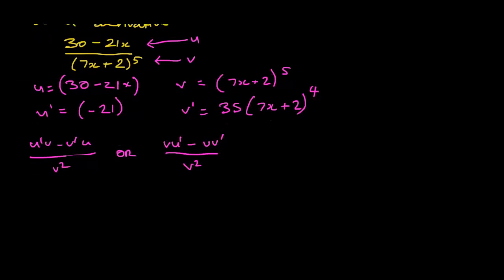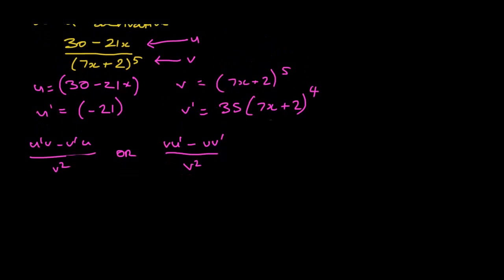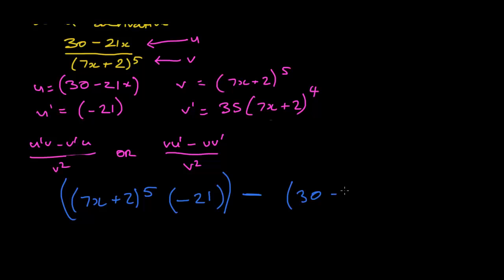It's just the same as doing the first derivative, it's just deriving it again to get the second derivative. Okay, so here we go. We have v u dash, this is the one I'm going to use, so v, which is (7x + 2)^5, and then you've got u dash, which is minus 21. Minus, so let's put a massive bracket here, and you've got minus u v dash, so you've got (30 minus 21x), and you've got v dash, which is 35